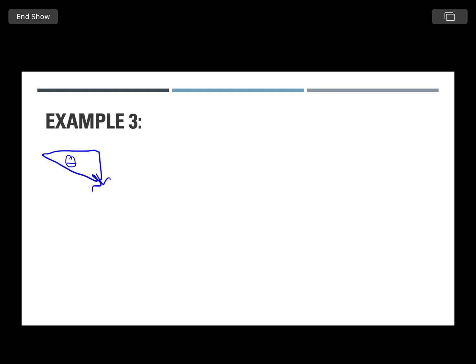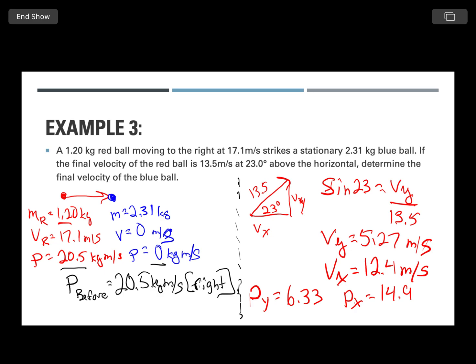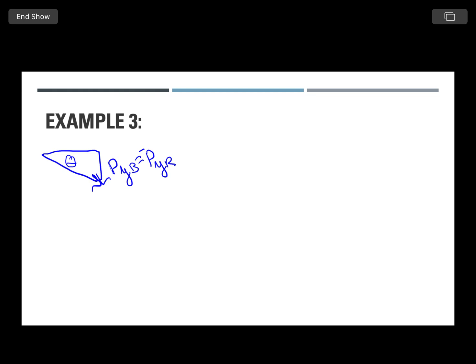Okay, so if I look at my vertical momentum, that's going to be equal to my vertical momentum of the red, but it's going to be negative. Now, why is that? Well, let's take a look at our original diagram. Remember, we said there was no vertical momentum. Therefore, the two have to be equal and opposite, so it can be equal to 0. So that's easy. I can go negative